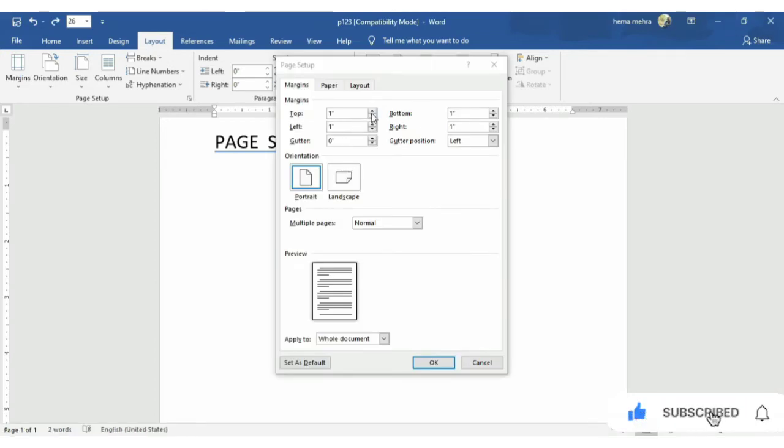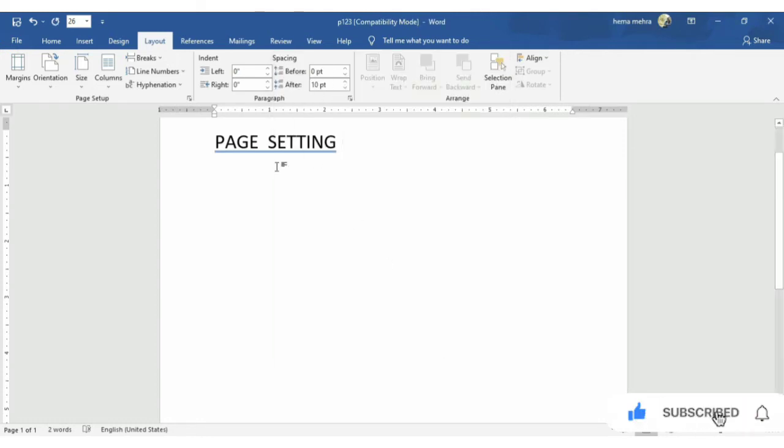You can set your top margin, bottom margin, left, gutter position and gutter orientation, whether you want it in portrait or landscape. Then press OK. Then you can set up your default page setting.